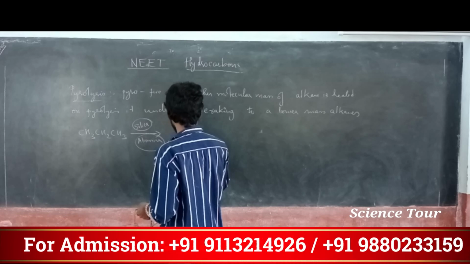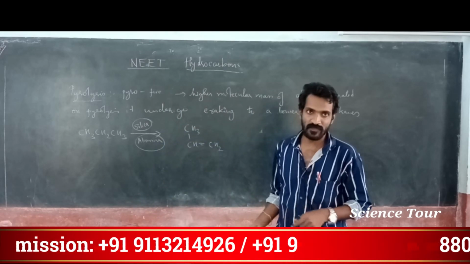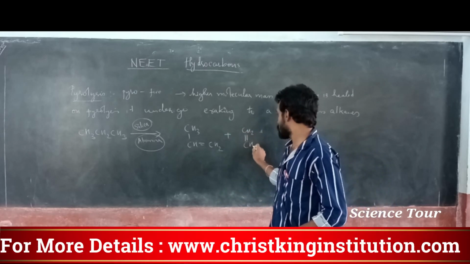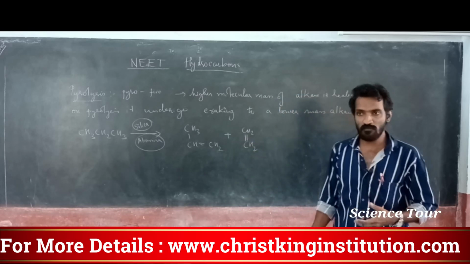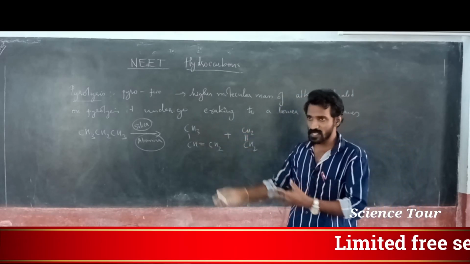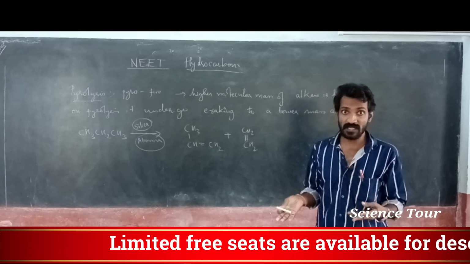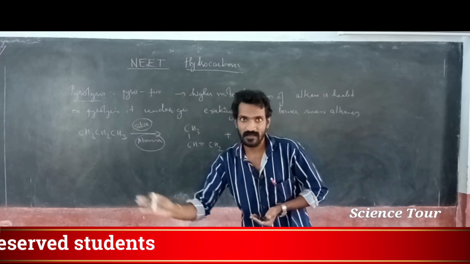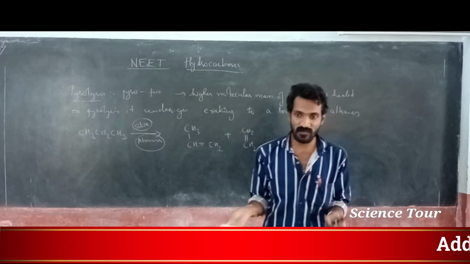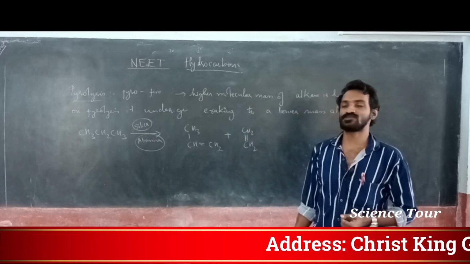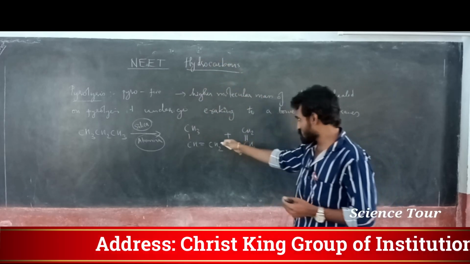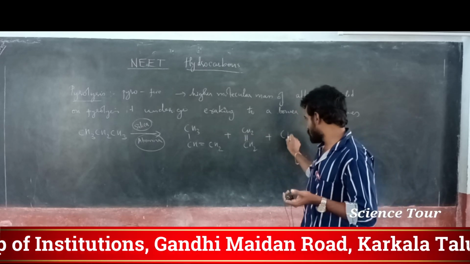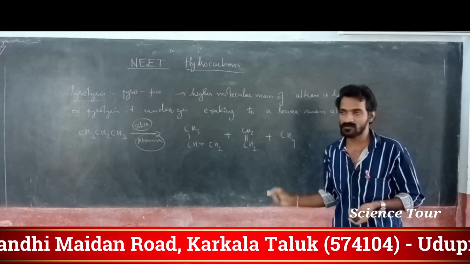CH3, CH, double bond, CH. One alkene you got. This is propene. Understood? It gives one propene. Another one is ethene. So many products it gives. One long chain, a higher mass alkane, undergoes breaking. Breaking means cracking, during pyrolysis. Pyrolysis means you are applying fire and you are cutting. And it gives many smaller products. This one propene, alkene, and methane, etc. Many products it gives, my dear students.